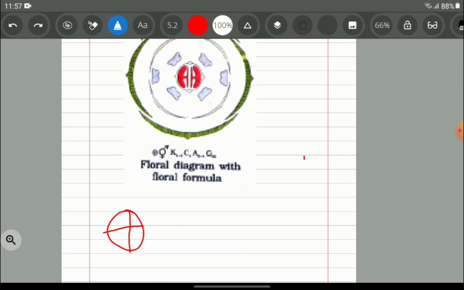Okay, coming back to our video, this is the first symbol we have come to. It is actinomorphic, that means it's radially symmetrical. Then the gender of the flower: the symbol is for a bisexual flower. Then comes the calyx, so it is K2 plus 2. See over here, so clear. If you know the terms and how to write it, it's very clear.